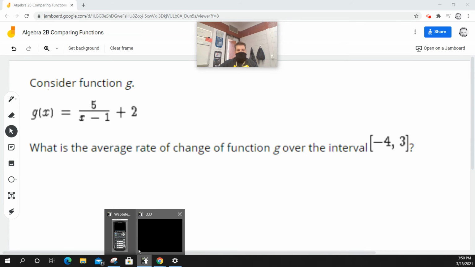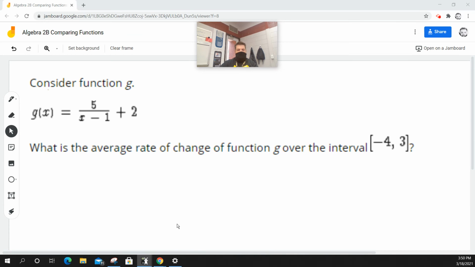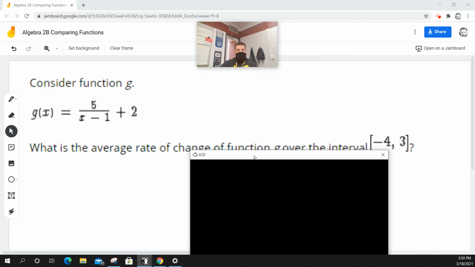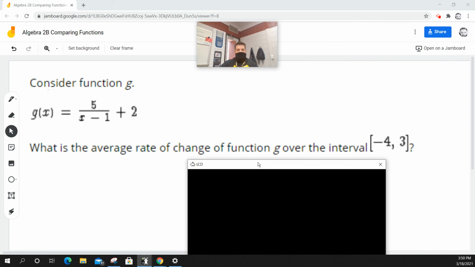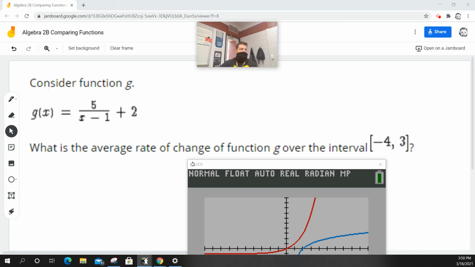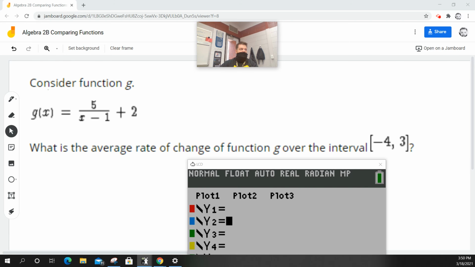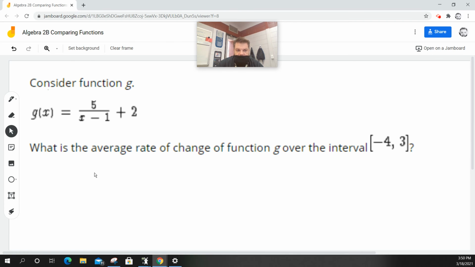So this one asks us what's the average rate of change over the interval -4, 3. We could just put this in our graphing calculator, but it's probably easier to just plug it in. So what I need to find the average rate of change, which is really a slope,